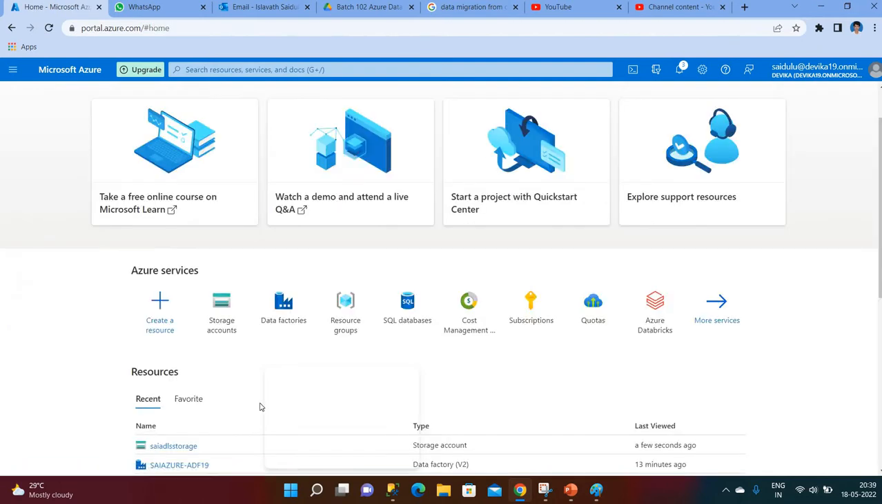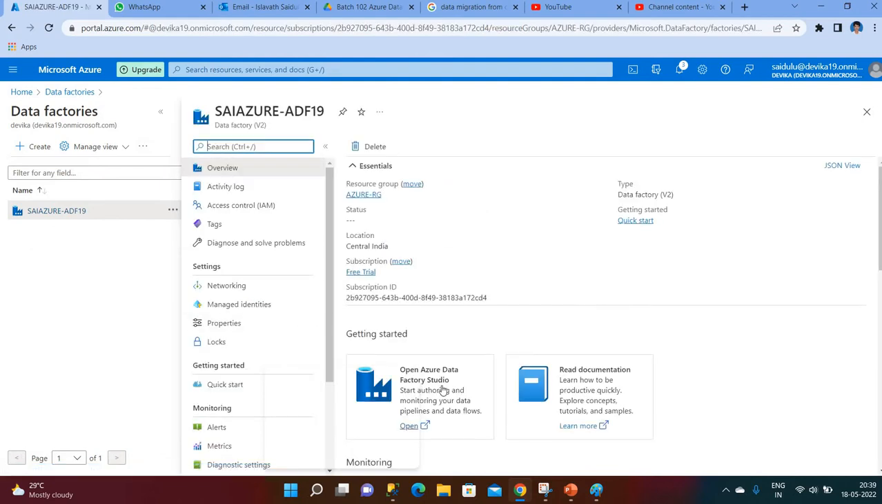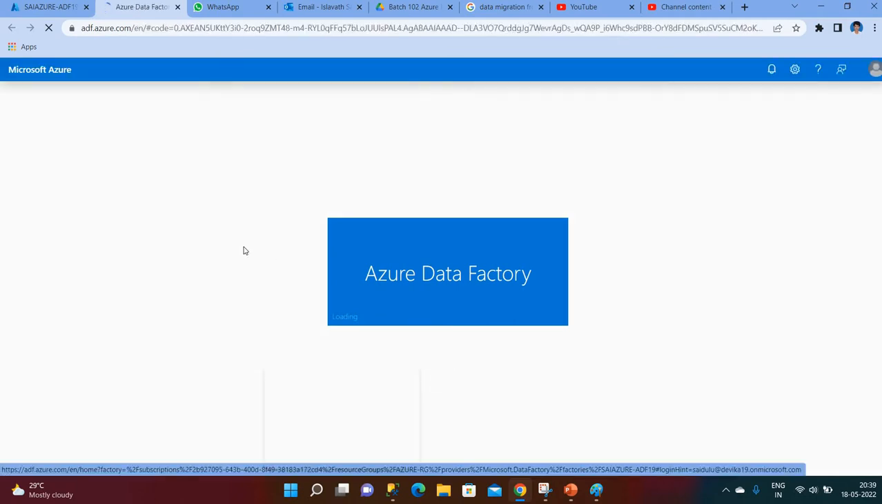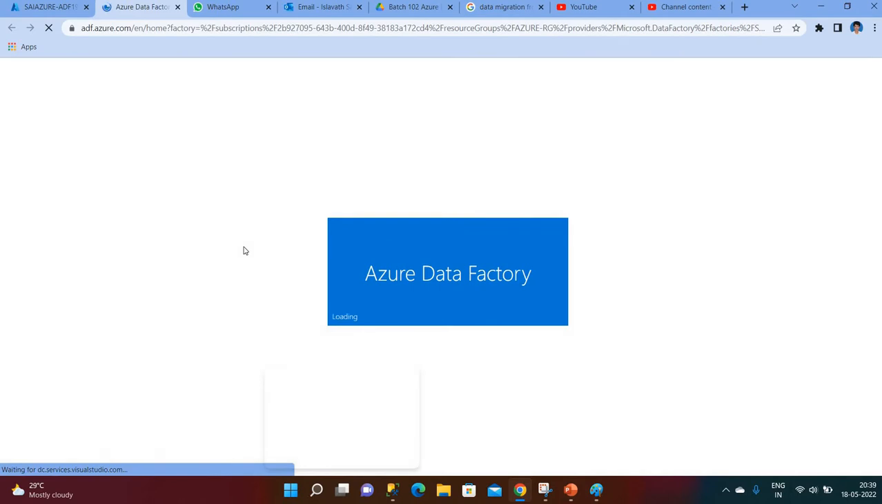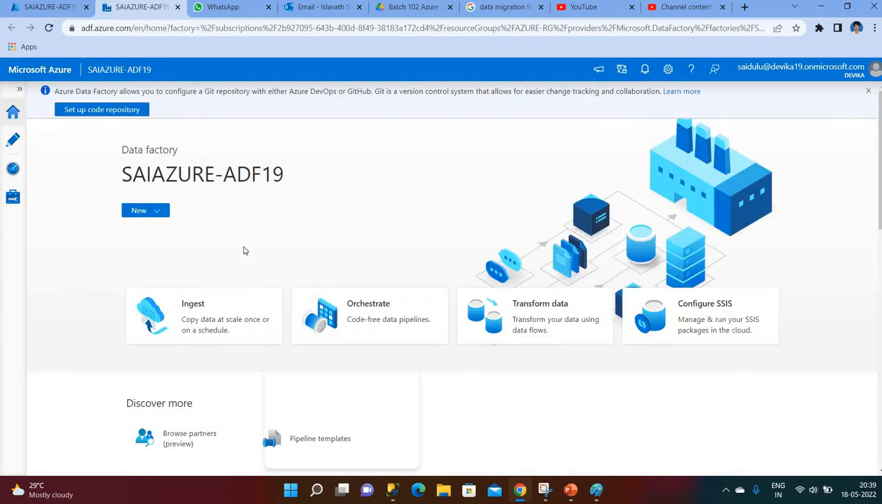First, let me go to data factories, and this is my data factory. Let me open the data factory also. Once you come to the data factory, the first and foremost thing you need to do is create a self-hosted integration runtime. It is most important. Go to the Manage tab,